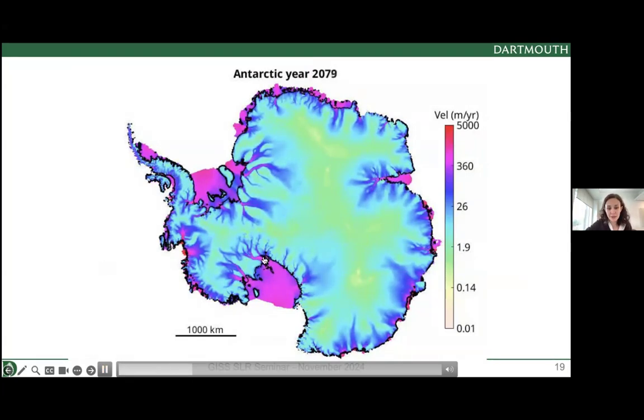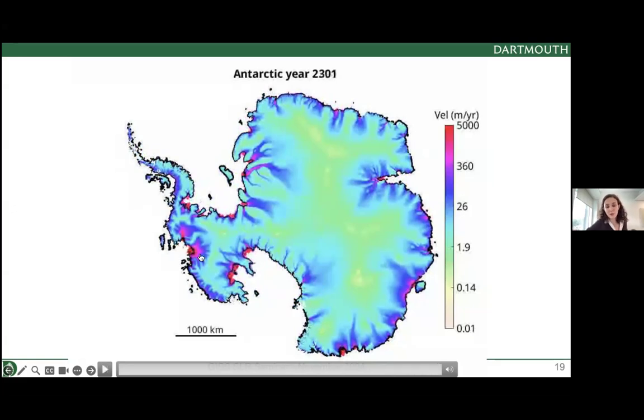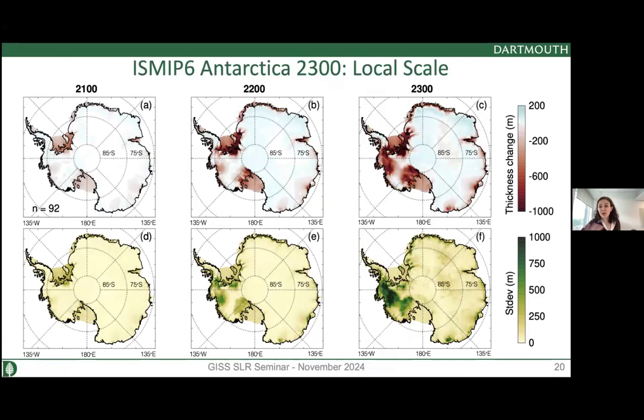By 2300, we see that some grounding lines feeding the Ross ice shelf start retreating. Same with Ronne Filchner. And then just after 2100, things start to change a lot. Ross ice shelf disappears, Ronne ice shelf disappears. And then we see towards the very end that Thwaites Glacier has a large retreat also happening. So by 2300, most of these large ice shelves, including the Amery ice shelf, are pretty much gone with warmer ocean conditions.